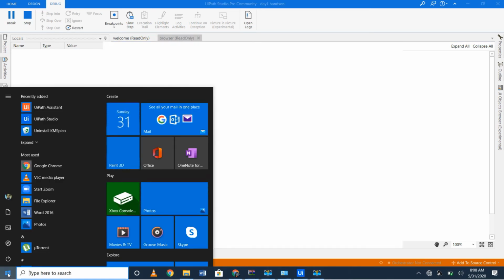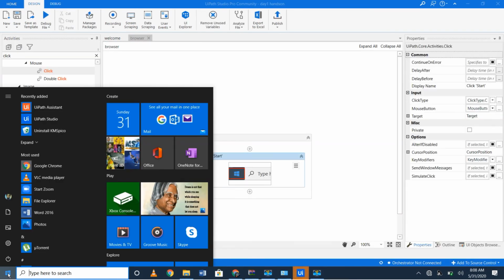Yes, it's clicked. Can you see? So automatically my window's start button has been clicked. So this is the automating process, a simple bot process.